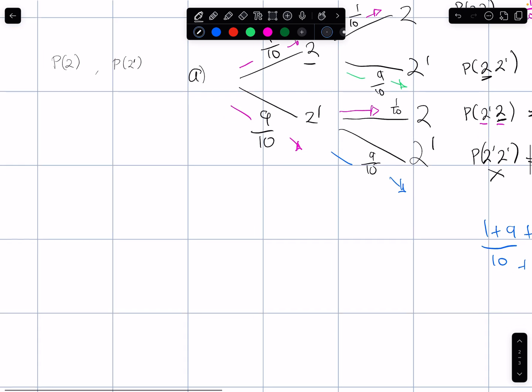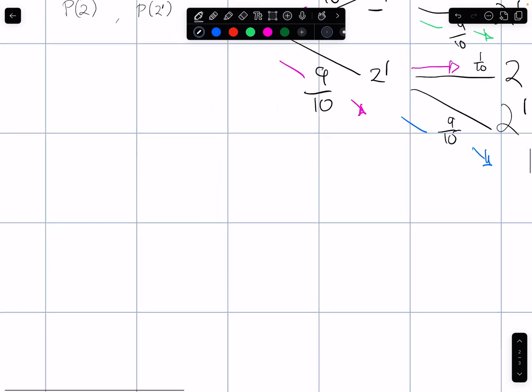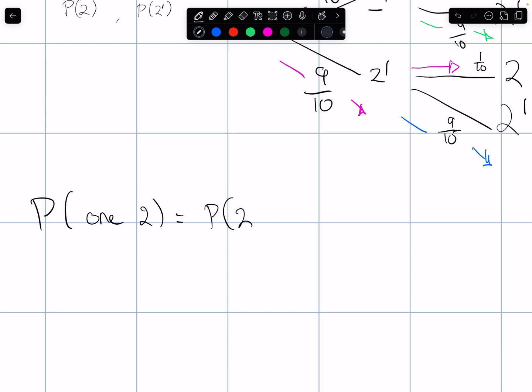So we can say the probability of picking one 2 is equal to the probability of a 2 and then a not 2, plus the probability of a 2 and a 2, plus the probability of the not 2 and the 2,